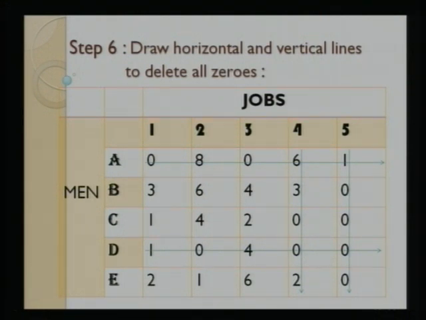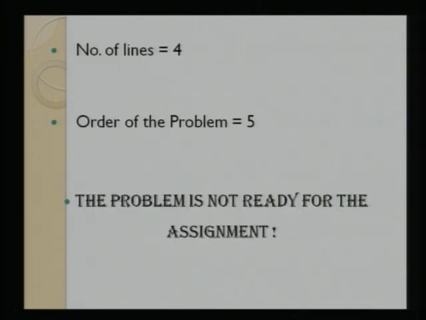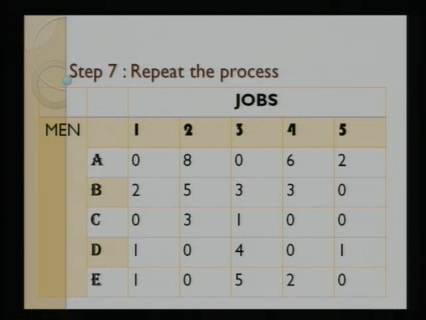0 2 0 becomes 1, 1 becomes 0, 5 6 becomes 5, 2 is unchanged, and then 0 is unchanged. Okay, so let us verify the numbers. First row was 0, 8, 0, 6, 2. Okay, so this is the new table with us on the board. 0, 8, 0, 6, 2. New numbers are available to us. We can see on the board as well.